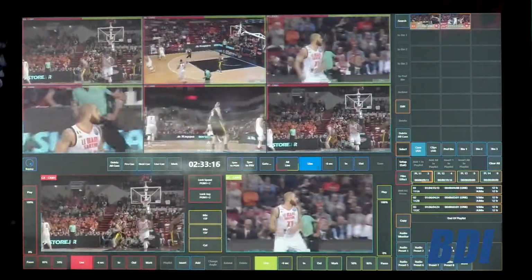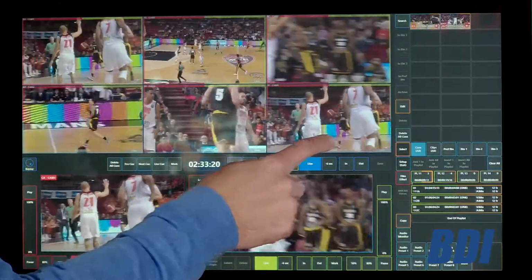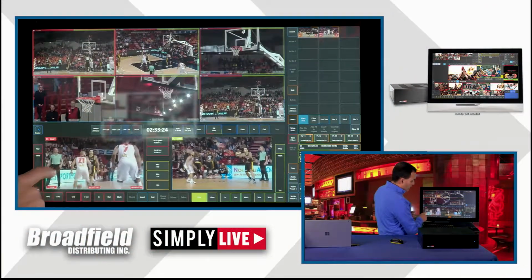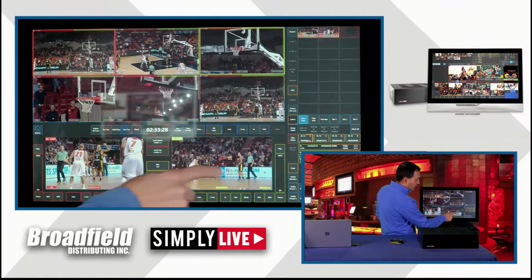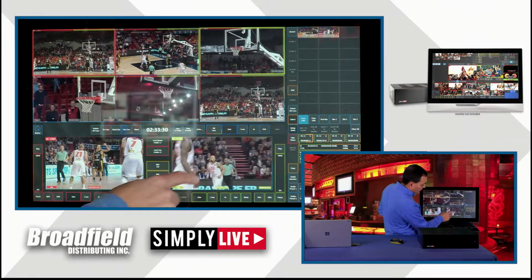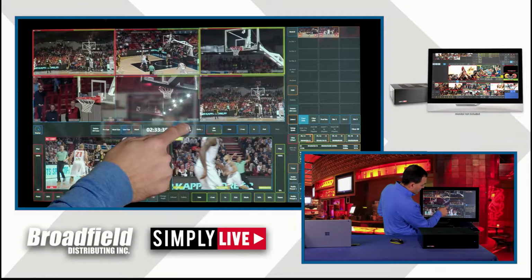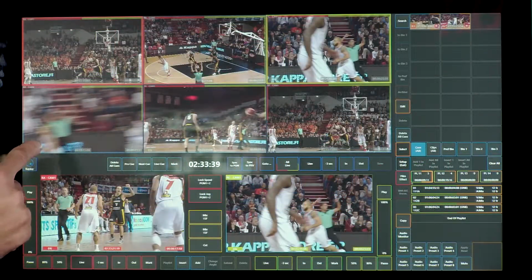As far as clipping, so creating clips, I can create clips from any area. So I have the ability to control all of these, all of my ISO sources, and even then my program 1 and program 2 individually. So from any of these, or even if I have something queued here that I like and I want to sync everything to this, I can say sync to preview, and now you see I quickly get everything queued